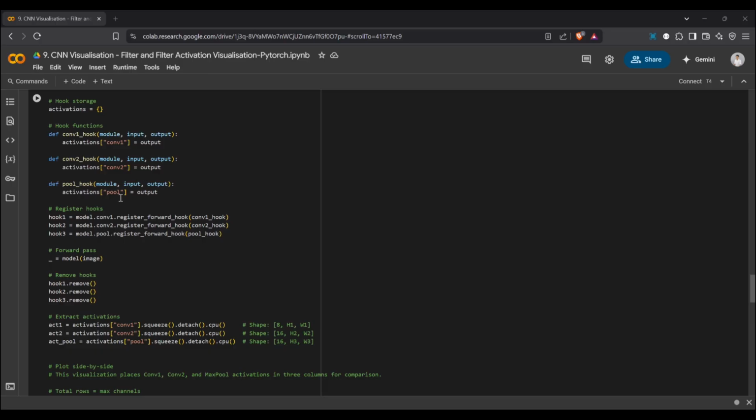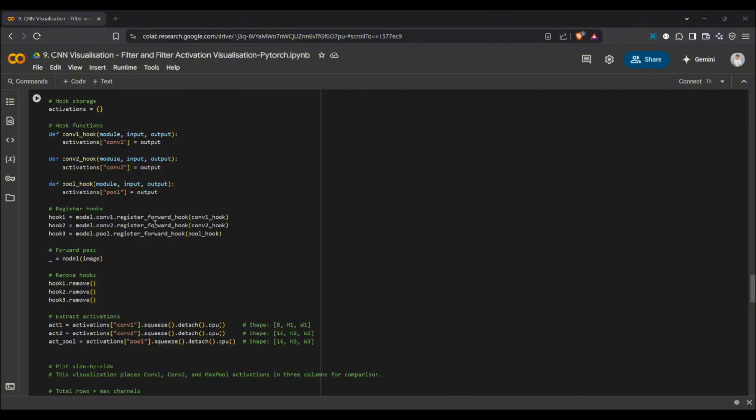The role of the forward hooks is that we use them to capture the outputs of the activation functions of conv1 and conv2, and obviously the max pool, during a forward pass.